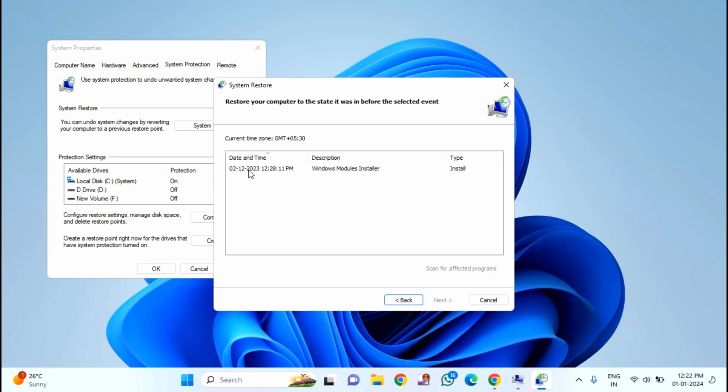Here you will find multiple dates. In my case there is only one date showing. If in your case it's showing multiple dates, meaning 3 or 4 dates, you can select the older one when your application was installed and it was working fine. You can select that date, then click on next,